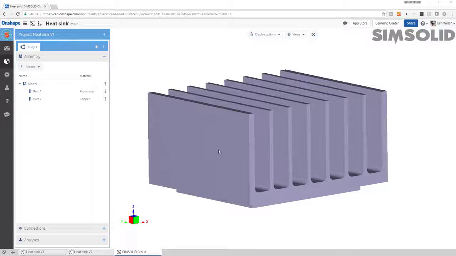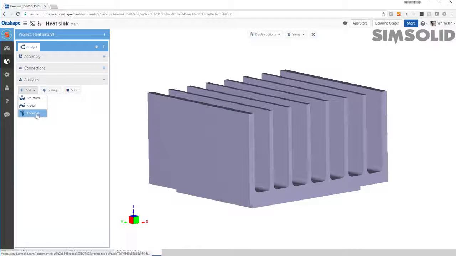Here's how to do a quick thermal analysis in SimSolid Cloud. Okay, I have a two-part model. The part with the heat sink here is aluminum, the base is copper. I have connections assigned. To do a thermal analysis, I say add thermal analysis, and I just have to specify